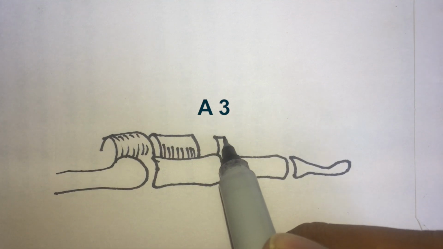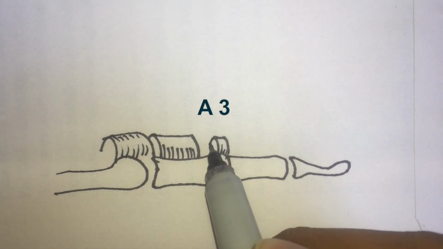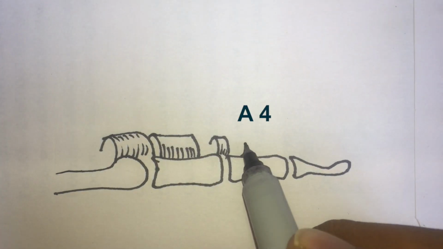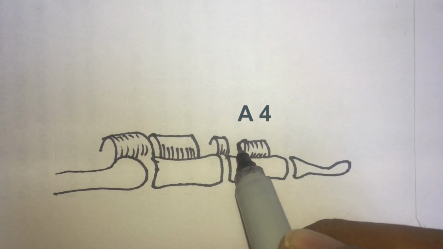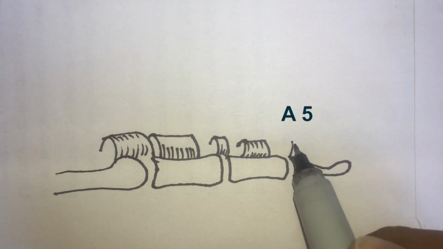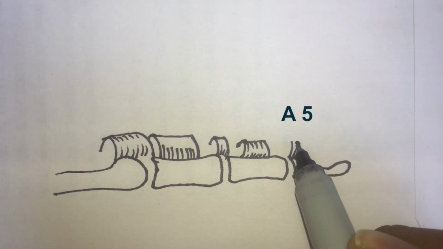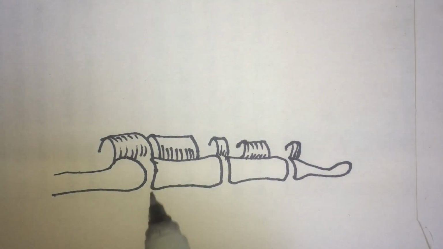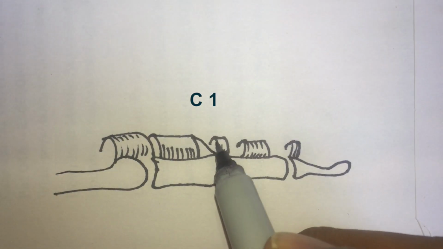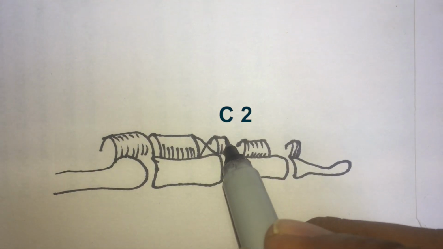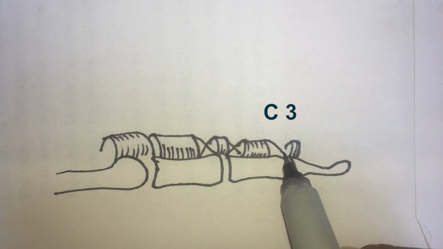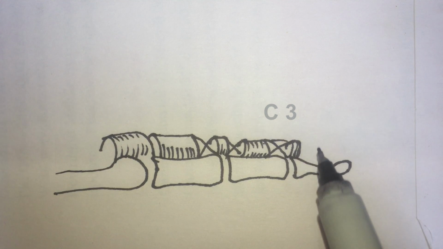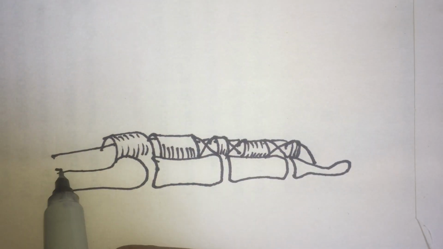Over the proximal interphalangeal joint is the next annular pulley, called the A3 pulley, and over the middle of the middle phalanx is the next annular pulley, called the A4 pulley, and over the distal interphalangeal joint and base of the terminal phalanx is the A5 pulley. The first cruciform pulley is between the A2 and A3 pulleys, the second cruciform pulley is between A3 and A4, and the third cruciform pulley is between the A4 and A5 pulleys, and that is the position of the flexor tendons within